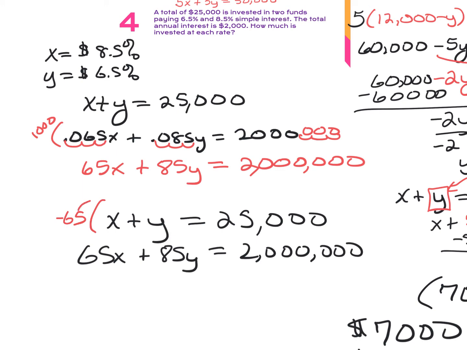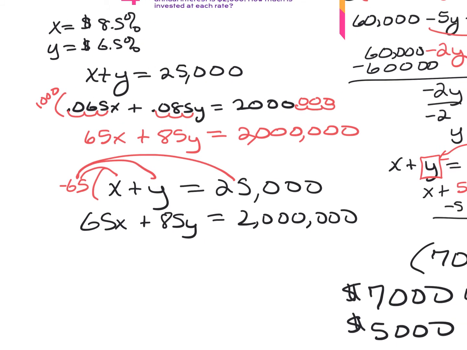I'm going to distribute that negative 65 to all 3 pieces. So once I distribute it, it now becomes negative 65x, negative 65y, and then 25,000 times negative 65 gives me negative